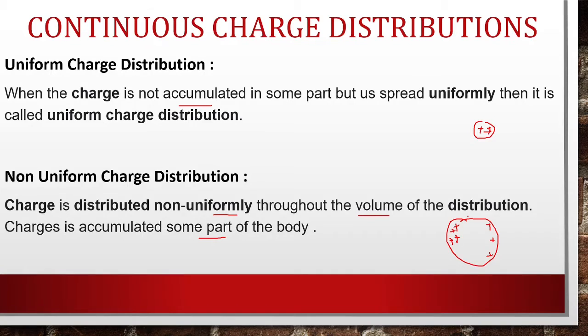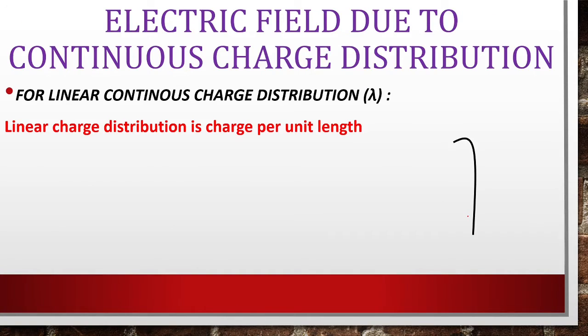Okay. So, electric field due to continuous charge distribution. First we are going to talk about linear continuous charge distribution, which is denoted by lambda. So what do you mean by linear charge distribution? Linear charge distribution is charge per unit length. So let's consider a conducting wire and we are uniformly distributing charges in this conducting wire. Positive charges uniformly distributed